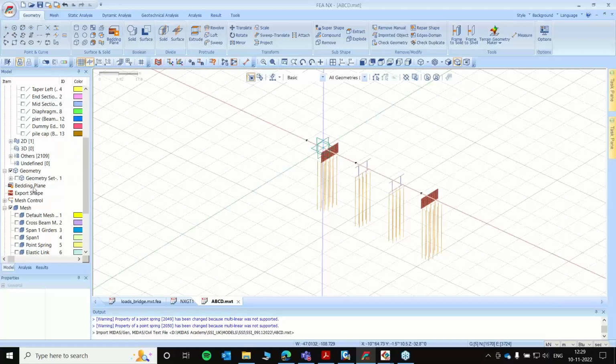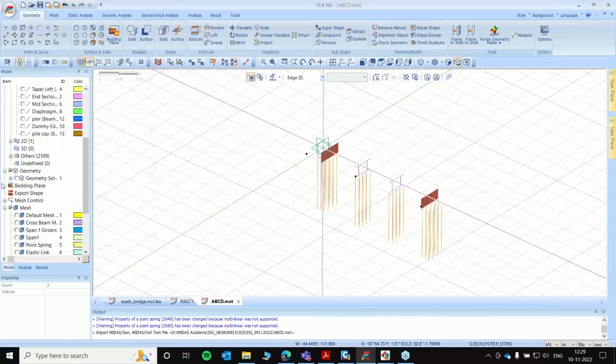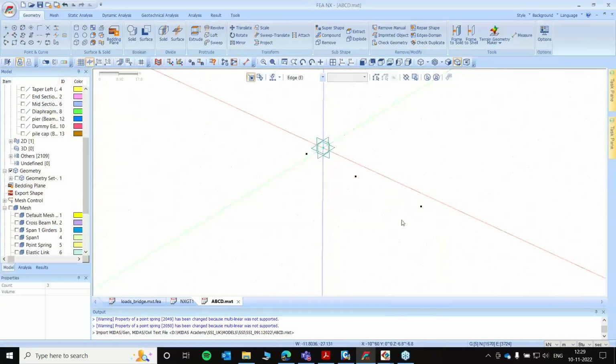So what we're going to do is we'll just transport these three into the same level as the ground level. So we'll click on translate, click on these three, direction again the z-axis, minus 6.8. Okay, so we'll hide the mesh and the grid.